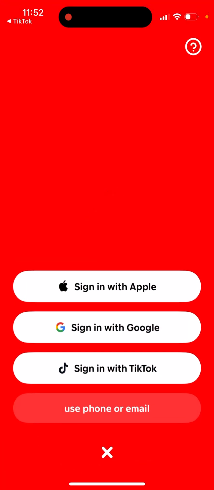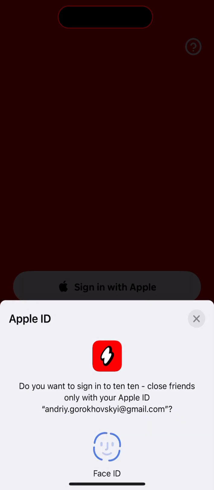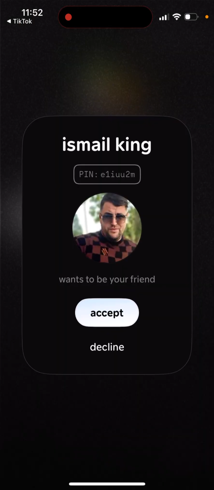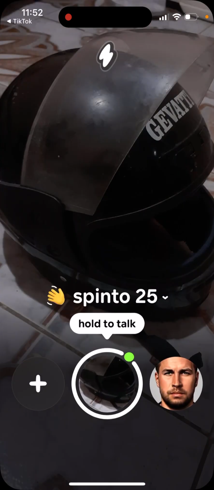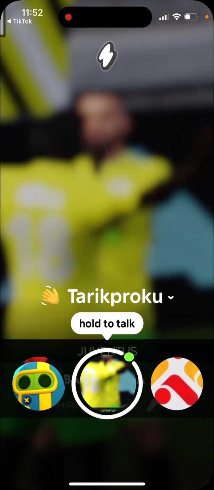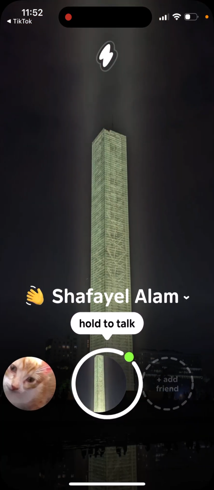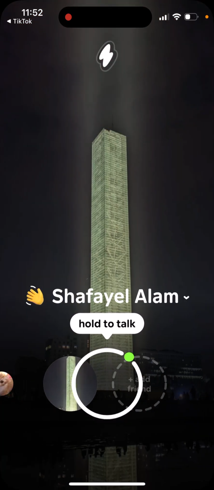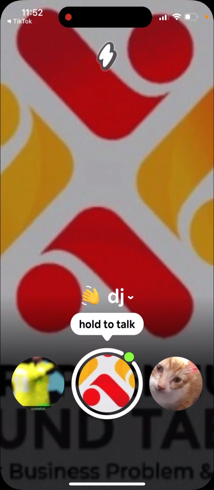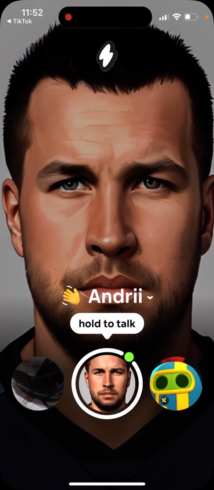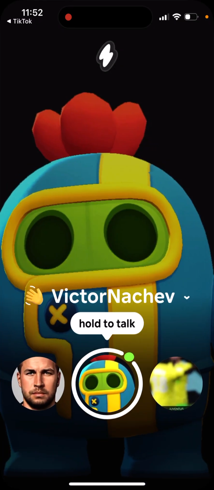But now I will show you my other account where I'm already inside the app. And here, by the way, is how you will receive your friend requests. And this is how the app looks. I really like the design. It's very minimalistic, very easy to use. You understand everything. So the idea is you just have your friends here, and then you just call your friends. You just hold